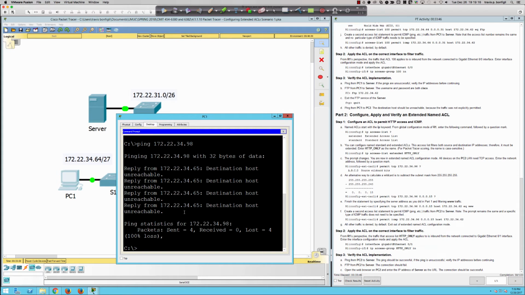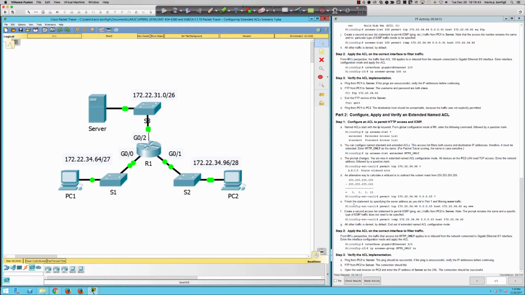So there are ways to mitigate that. And when we get into the supplement, I'll talk about that. We'll talk about an infrastructure ACL to protect your infrastructure. Okay. So we can't ping, we get the destination host unreachable because it's being denied by an ACL. And I think when you do this with IPv6, the code comes back, I think it's like a capital A or something like that. And so I'm pretty sure we'll get to see that because there is an IPv6 ACL